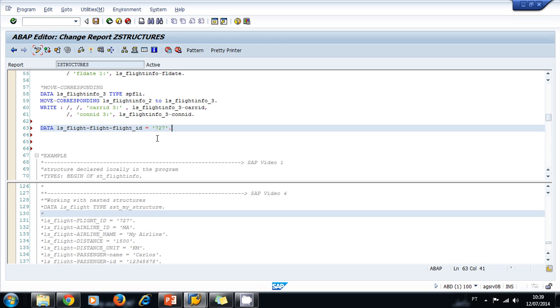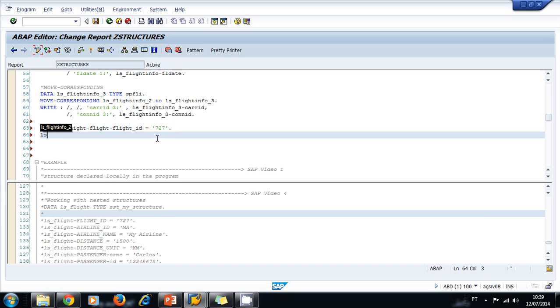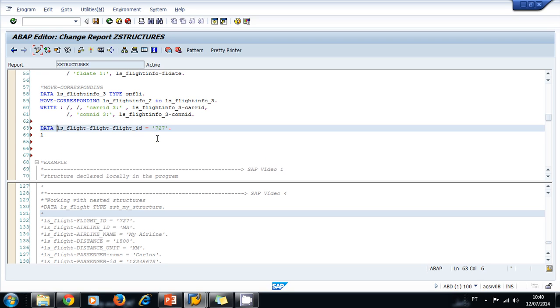It will be 727. I'm sorry, I'm not supposed to. I was just declaring the structure first. So it's going to be an LS_FLIGHT